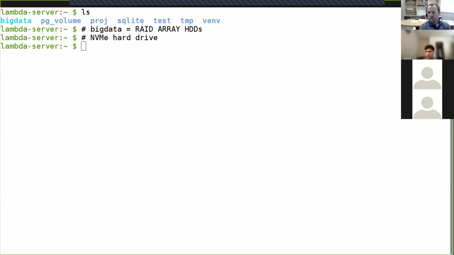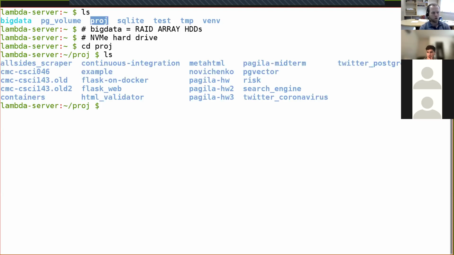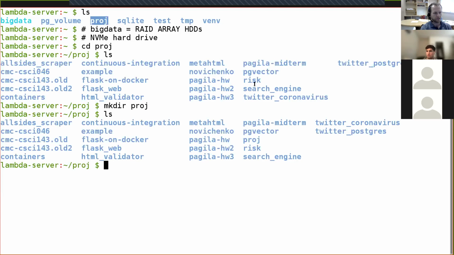The next major command to be aware of besides ls is the cd command, cd standing for change directory. And I always have in my systems a proj folder, short for projects, that I keep all my GitHub repos in. And so we're going to cd into this proj folder, and you can see right now I have a whole bunch of projects like this. If you wanted to make a new folder on your own account, the way to do that is with the mkdir command,